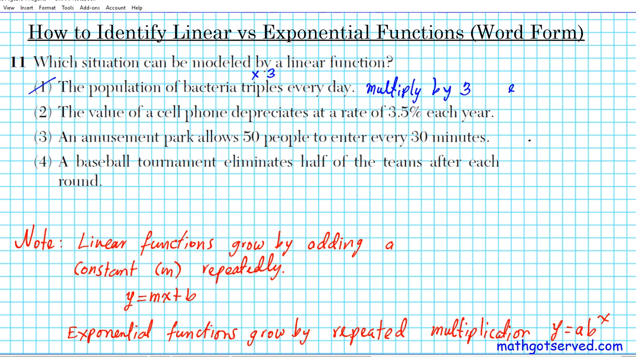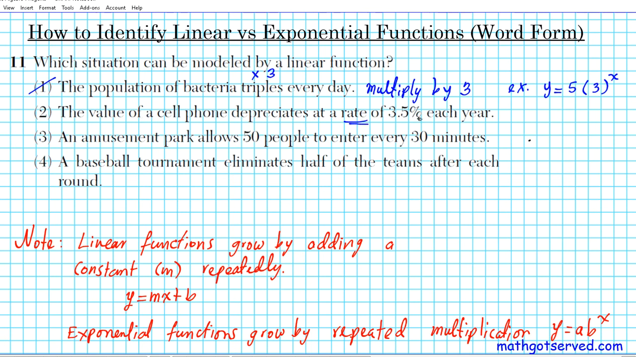So an example of option 1 would be y equals, let's say, 5 times 3 to the x. This just indicates repeated multiplication by 3, because when you multiply by the same number repeatedly, the condensed form is an exponential function. Alrighty, option 2: the value of a cell phone depreciates at a rate